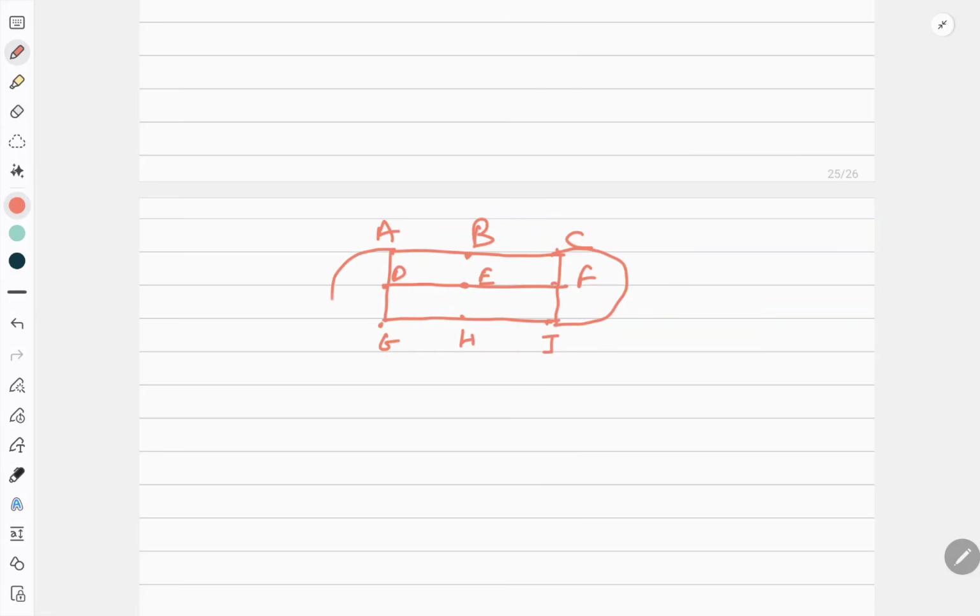There are two ways to do this, rather three ways. First, you try to trace and say we are not able to find the cycle. The other thing you can say is it cannot have a Hamiltonian cycle as the number of vertices is 9 and the degree of each vertex is 3. What is the result I have just learned? The degree should be greater than or equal to n by 2. So n by 2 here is 4.5, and my degree is less than 4.5, so I cannot have a Hamiltonian cycle here.